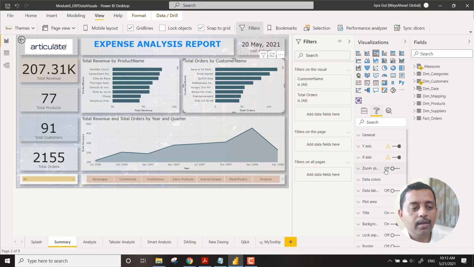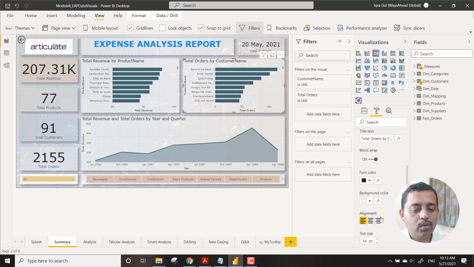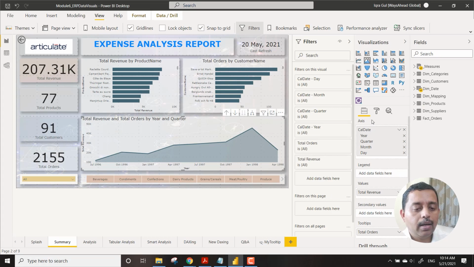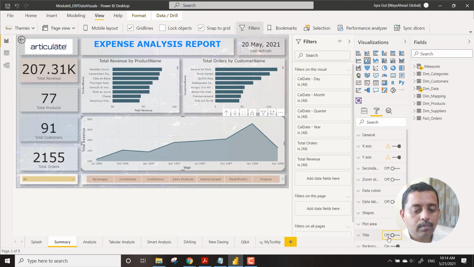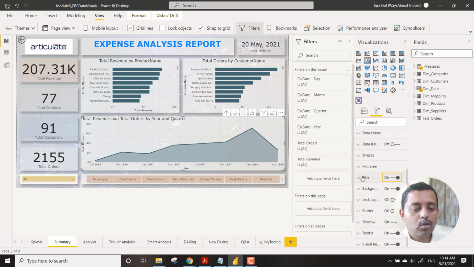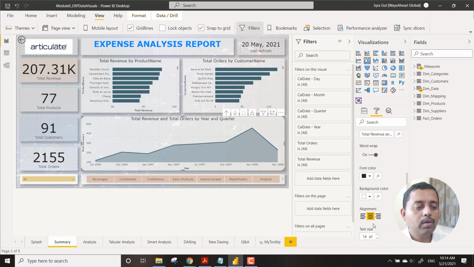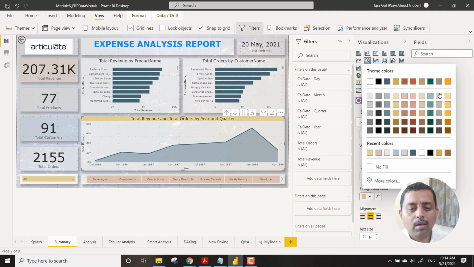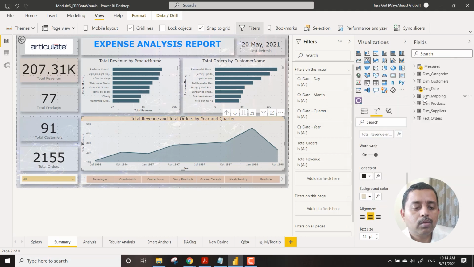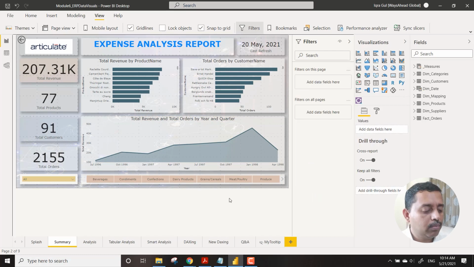So let's say the title is coming in on the left hand side. You can just go ahead and bring it to the center. It looks nice. Sometimes you might not want to have the title also, so it's up to you how you want it. Just try to do some kind of experiments with this. There are multiple options, and if you don't want a fill, you can simply say no fill. I like this plain and simple look.